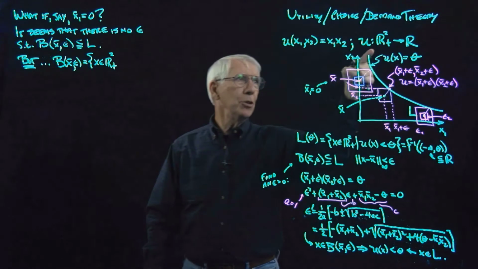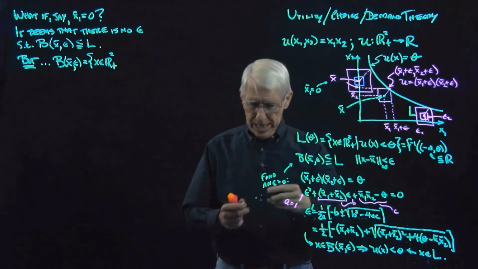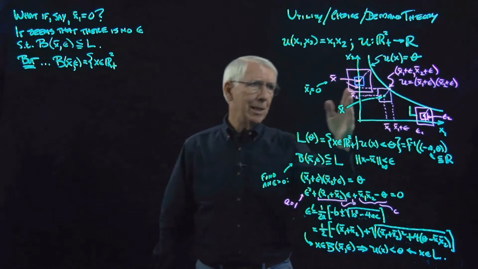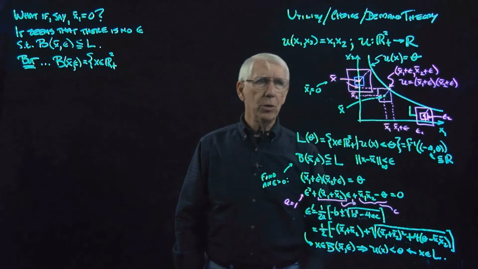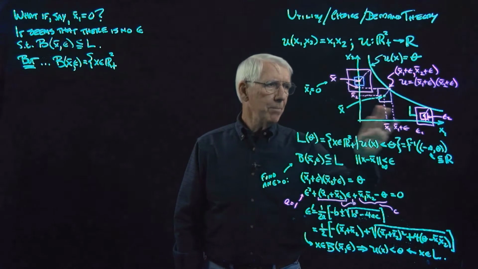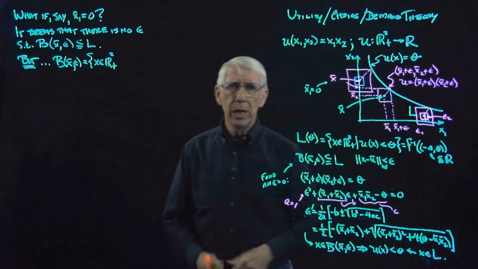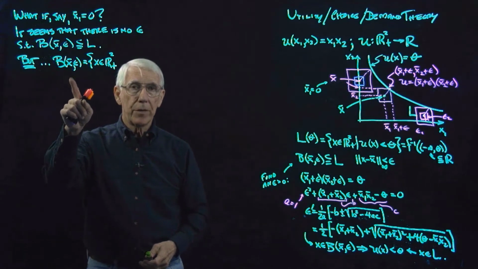The domain of U is only R2 plus. We explicitly said in our interpretation of what's going on here that the consumer can't choose negative amounts of either x1 or x2, so the domain is simply the non-negative quadrant over here. That's the domain of U, and that's the domain in which we're going to have to work with our epsilon